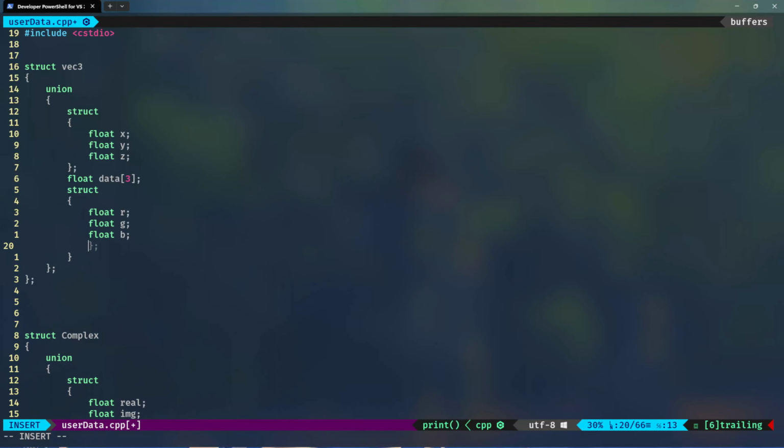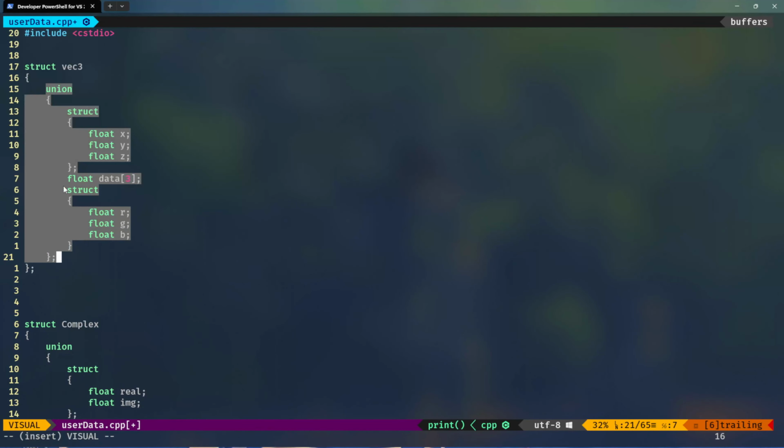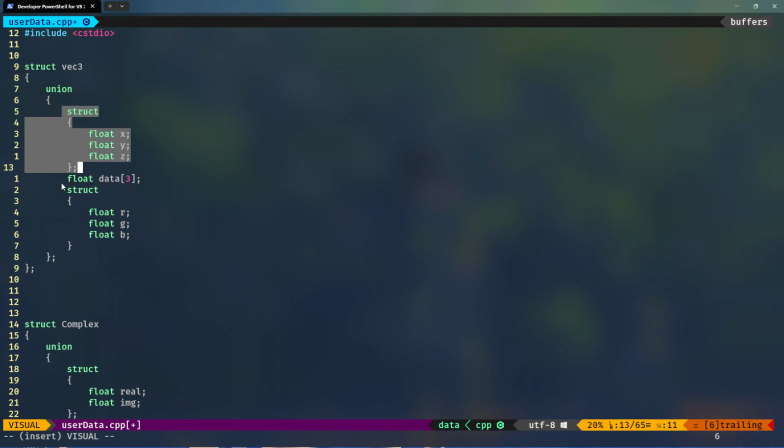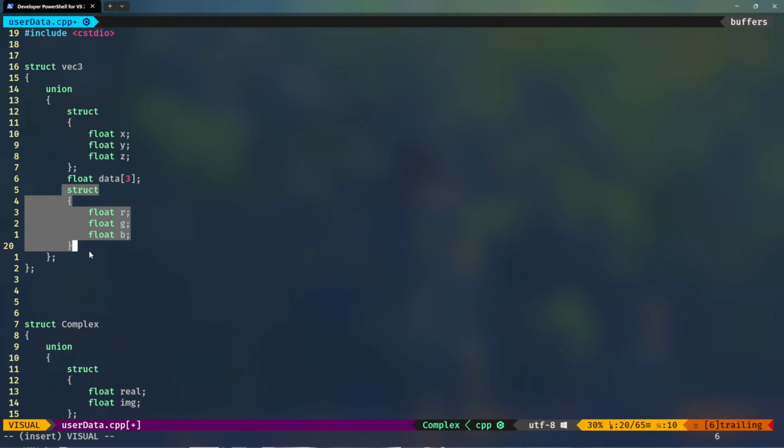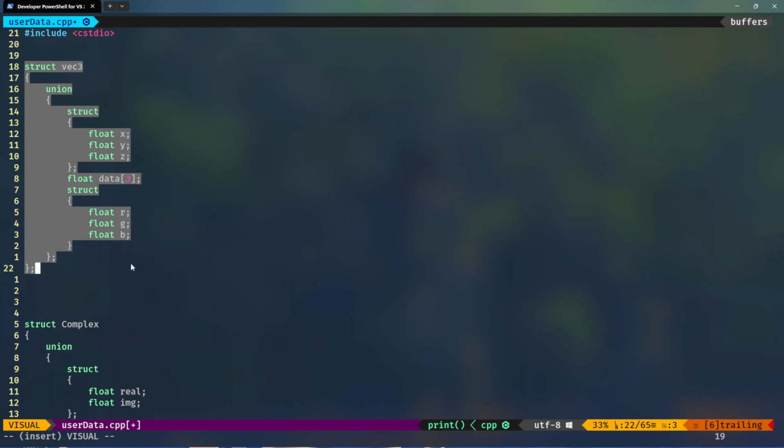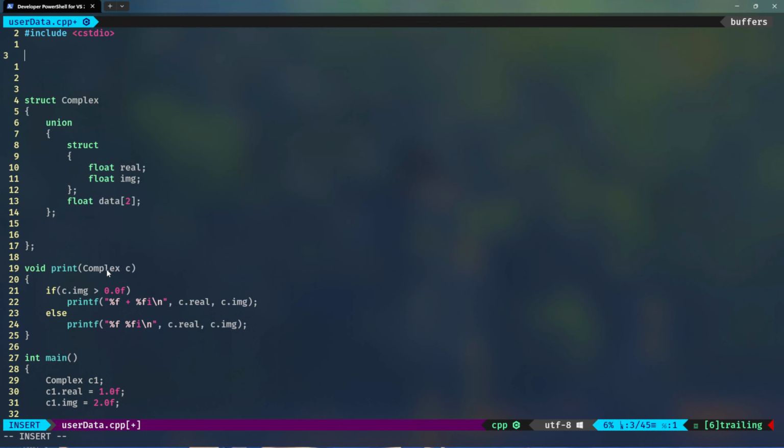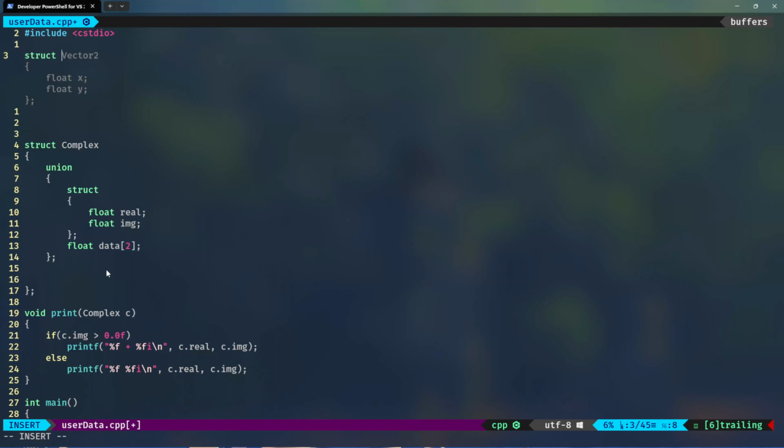So I can also treat that as a color. So a union is just used for data. Whatever members are defined in the union have to be of the same size, and they can refer to the same memory, but they can have different layouts and different types of data. Another example I can give you is that I can have a struct,